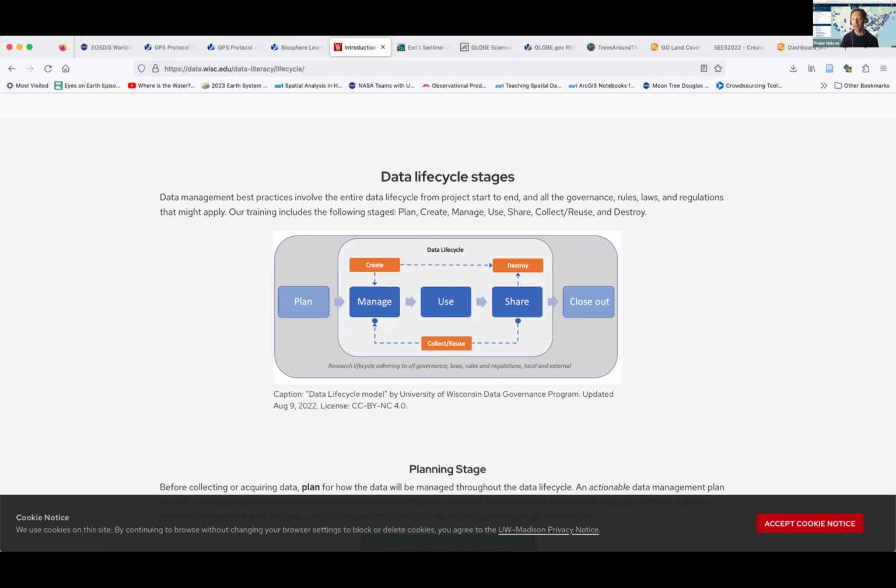Okay, and as we go in, you can see that if you know your site name, you can actually go in and search for that right here. But usually I don't, at least at first.